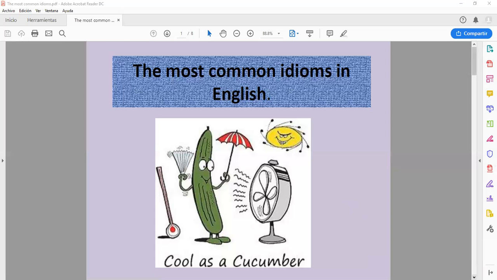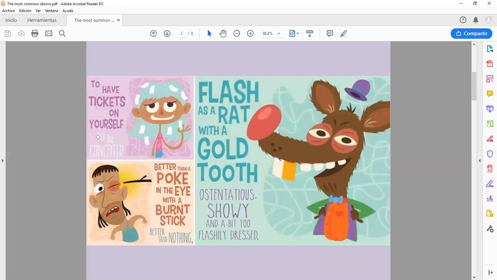And so here we have another. Look at this. Here we have 3 more idioms. The first one is to have tickets on yourself. It means to be conceited. Whenever you say,